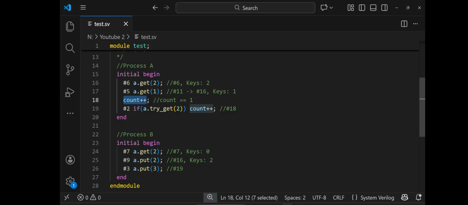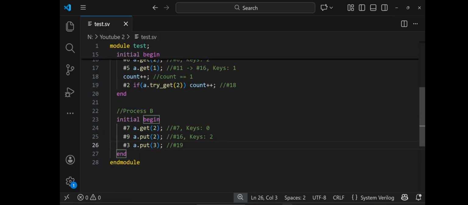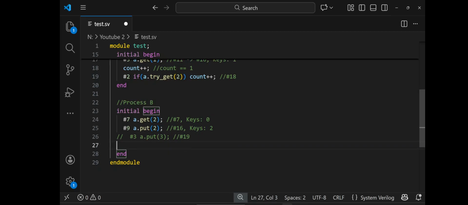So with all the basics done, let's do a small fiddling. What I will do is make it put sufficient keys before this particular statement executes. So right now, it is putting three keys at 19 time units. So let's say we want it to put three keys, but we will reduce the delay. Let's say it puts three keys